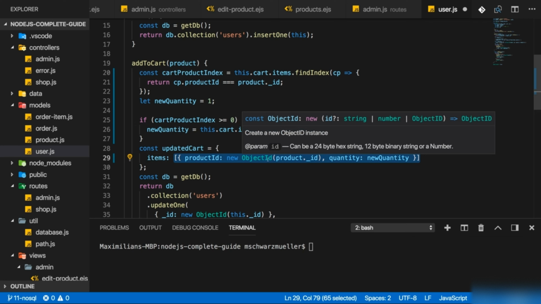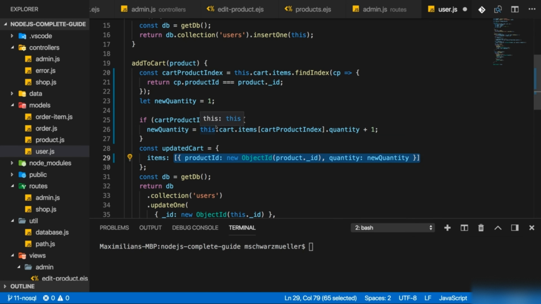Instead, I want to add a new object to that array if the product does not exist in there, or if it does exist in there, I want to update that one product. So how do we do that? Well, one of the simplest ways, and you could use other approaches where you leverage some functions MongoDB has, but